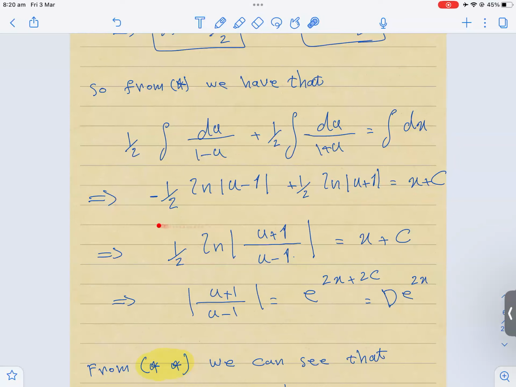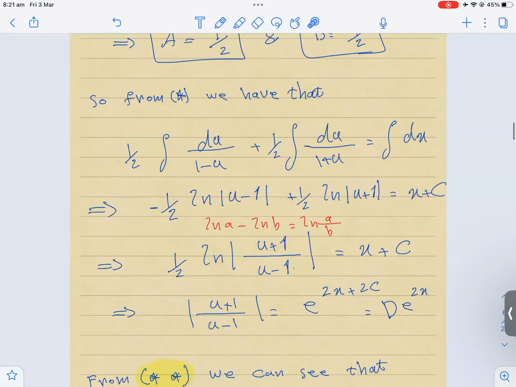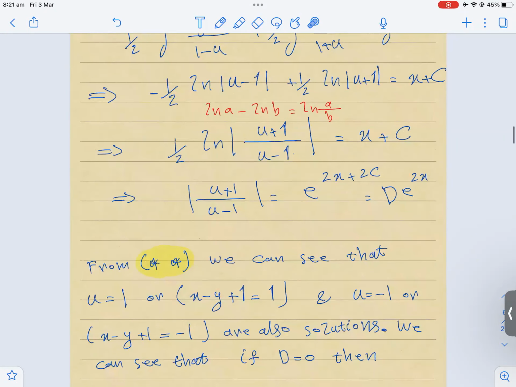So I can write this one as 1 log. Okay. Do you have a question about this part? Okay, so what I did is log of A minus log of B is equal to log of A over B. Okay, so 1 over 2 ln. All right, this one, multiply everything by 2, then hitting by exponential, it will give me u plus 1 divided